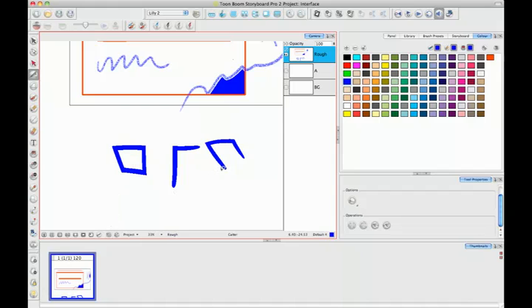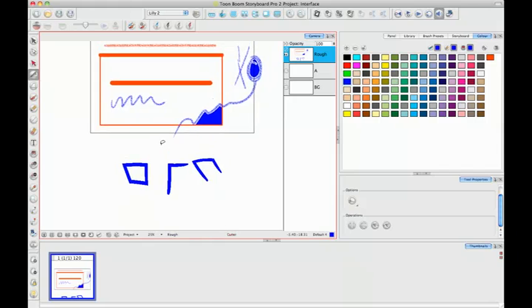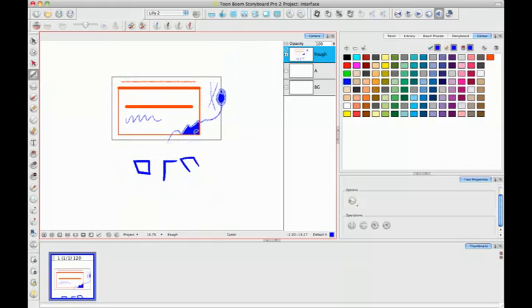So those are the interface highlights that I wanted to show you today for Storyboard Pro, and I'm sure there are other hidden functionalities that I can talk to you about regarding Storyboard Pro, but if they come to me, then I can go back to that later. But for now, let's